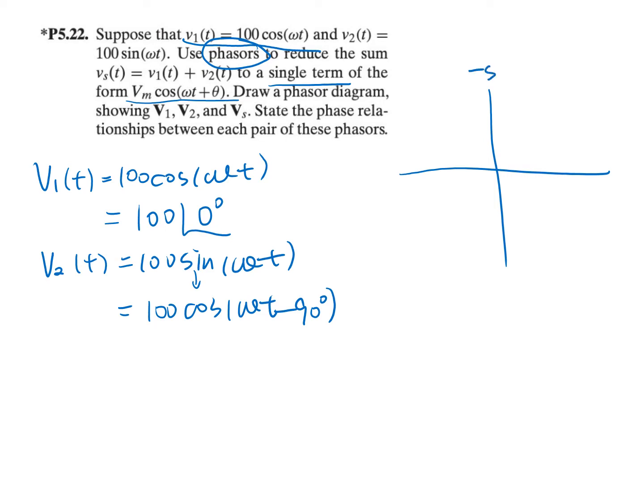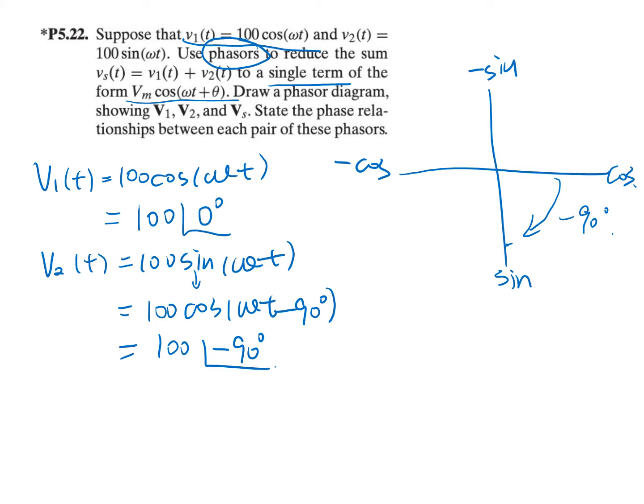This is negative sine, negative cosine, and a cosine. Here it is at the sine. So we go clockwise direction for 90 degrees. That's minus 90 degrees. So convert the sine into cosine. We can express it as 100 cosine omega t minus 90 degrees. So that's V2. And we can write it as 100 angle of negative